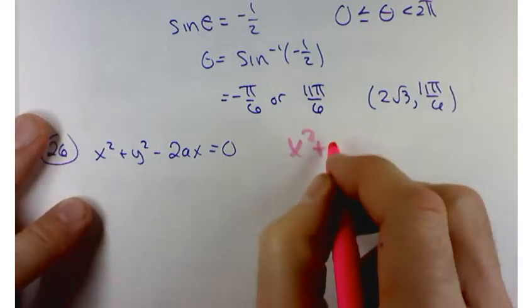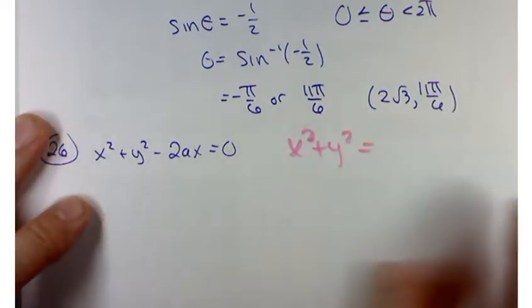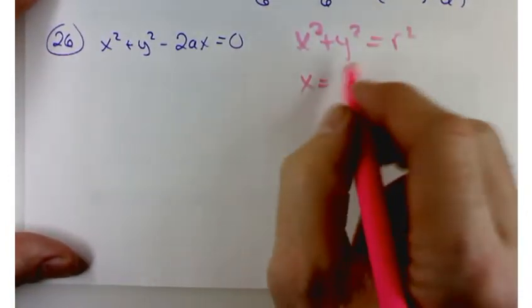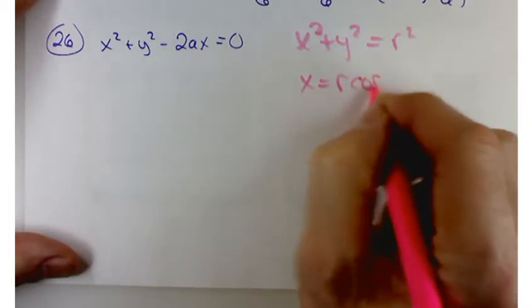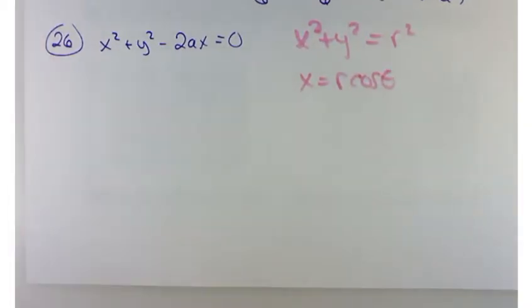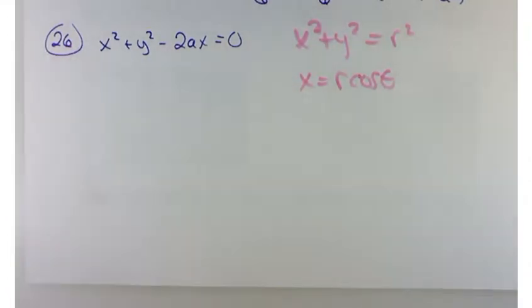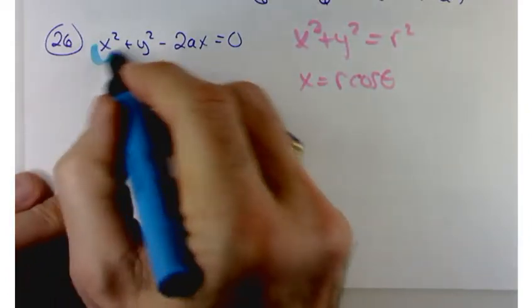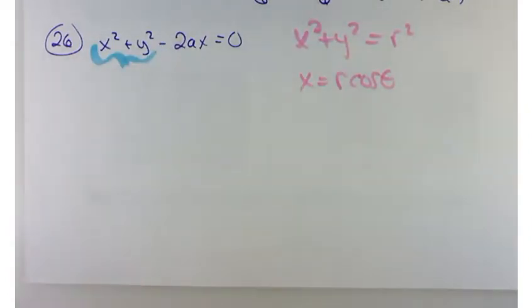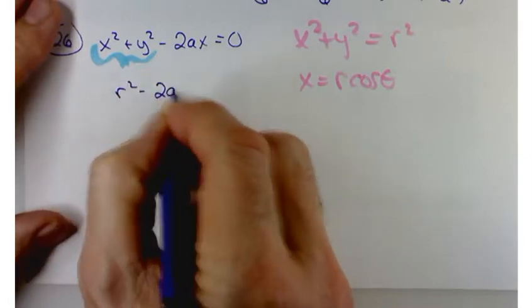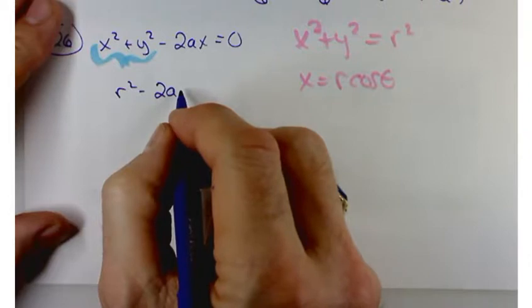x squared plus y squared. Does anyone remember what that was equal to? r squared. And x was equal to r cosine theta, y is equal to r sine theta, but I don't think we need that one here. This part right here, that's your r squared. So that's easy. That was easy. So that's an r squared minus 2a times r cosine theta